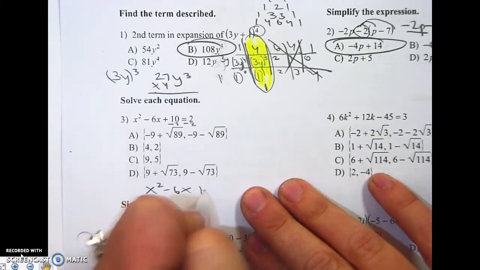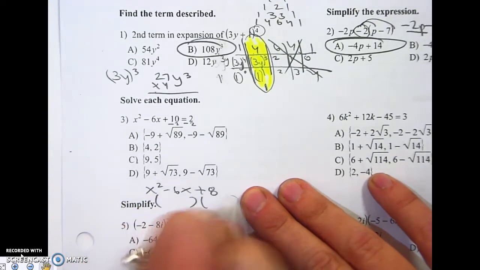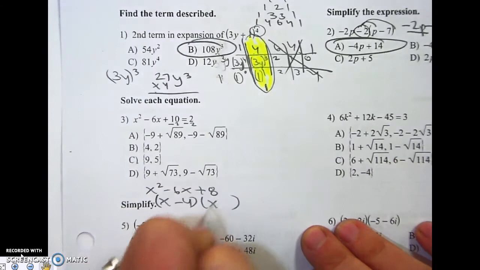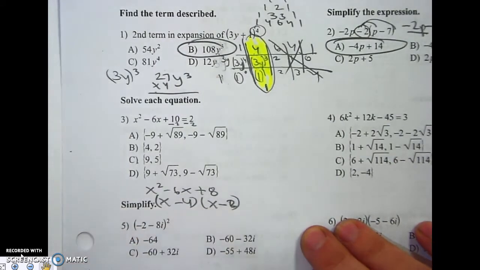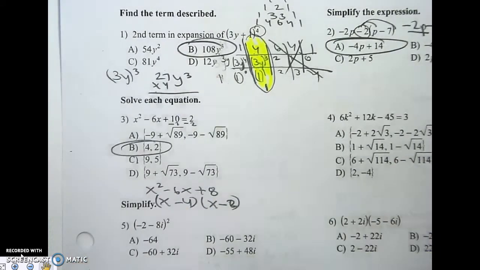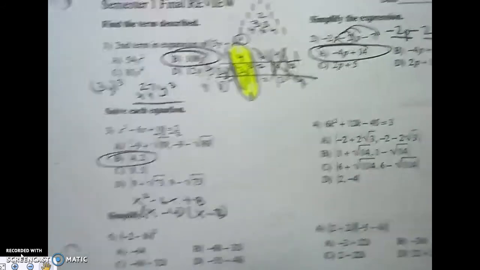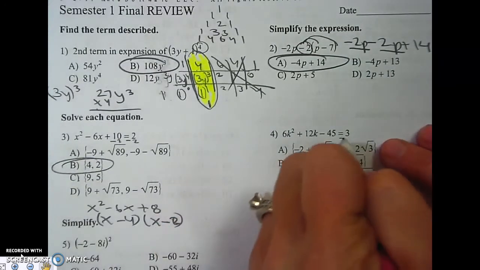All right, for this one, I'm going to set it equal to 0, minus 2, x squared minus 6x plus 8. Two numbers that multiply to get 8 and add to 6 are 4 and 2. So I set it equal to 0, and there's my answers. Same thing for number 4. Subtract 3,